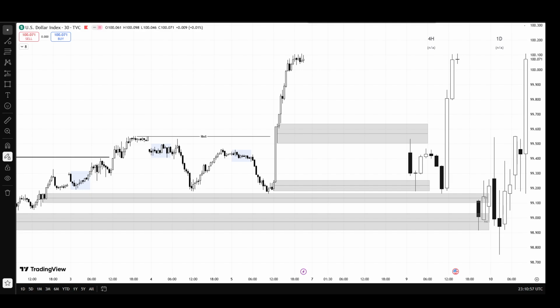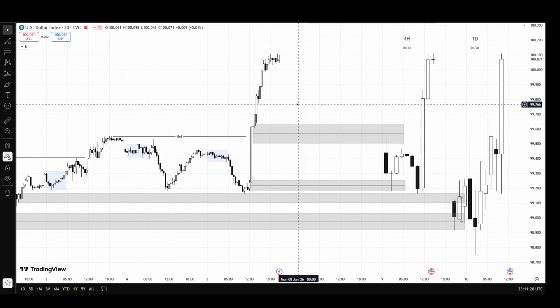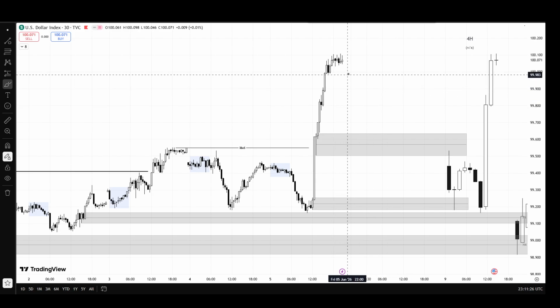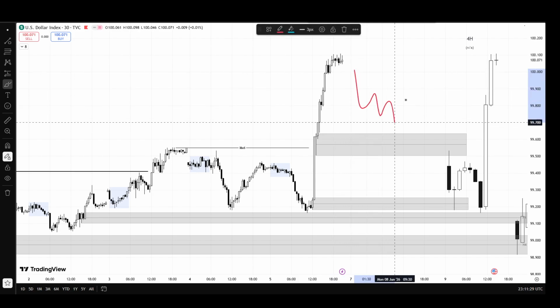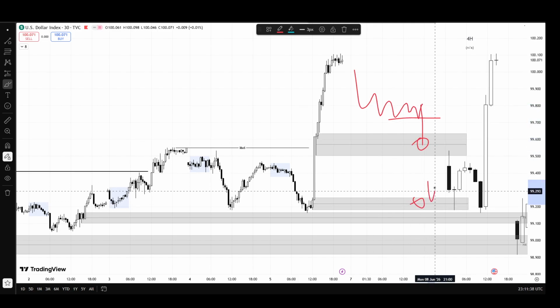All right, so as you can see, we have this break of structure to the upside on the 4 hour time frame, and then on the daily time frame too, this is a break here. Okay, so we'll be looking for mitigation in this other block here. All right, so without that inducement here, we'll be waiting for price to then give a lower time frame liquidity to then mitigate this other block or this other block